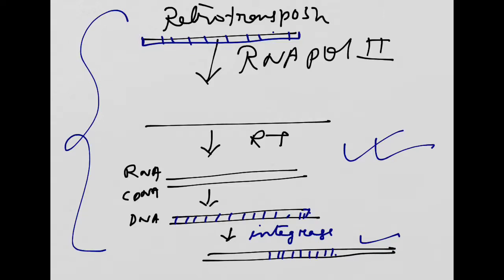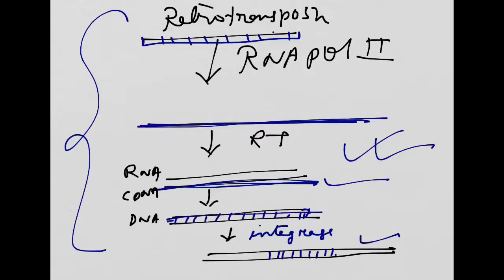Your transposable element will be converted into RNA with the help of RNA polymerase 2. Then the RNA will be converted into a cDNA molecule with the help of reverse transcriptase. This cDNA will form a double-stranded structure that will get integrated into the new site. That is, a copy of the original retrotransposon will be inserted into the new DNA. There will be an increase in copy number. The original one will remain inserted in the original or donor DNA molecule. There will be no cut of the retrotransposon.